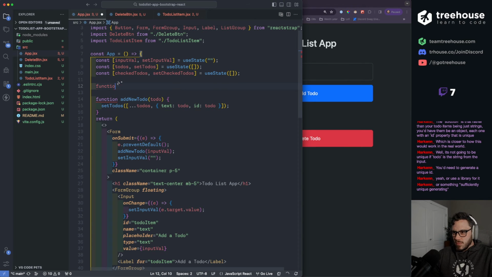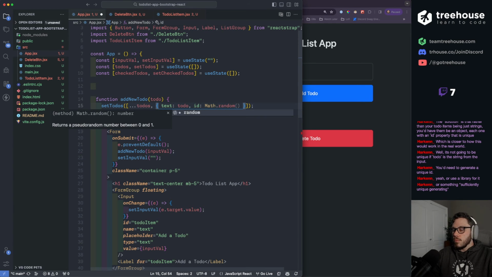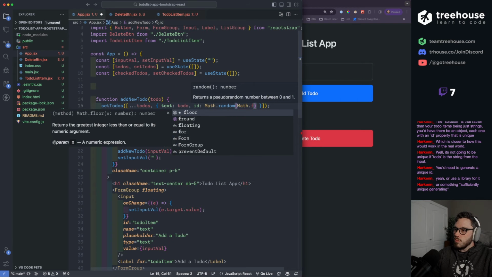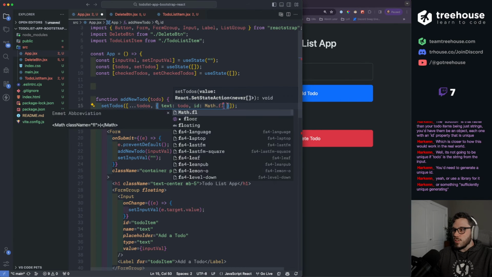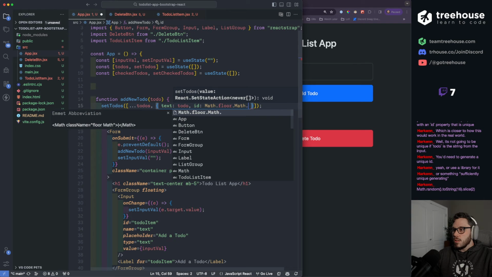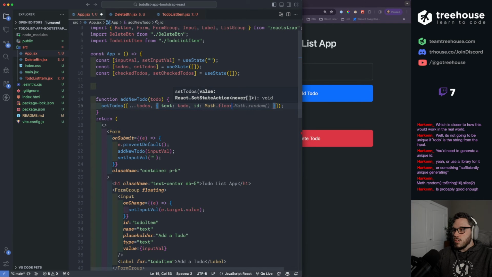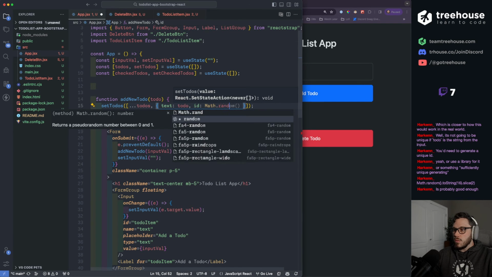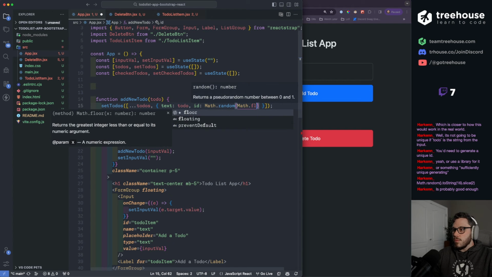Function, or actually let's just do it directly into here. Actually, I think it's Math.floor first. No, I think it is random. Math.floor.